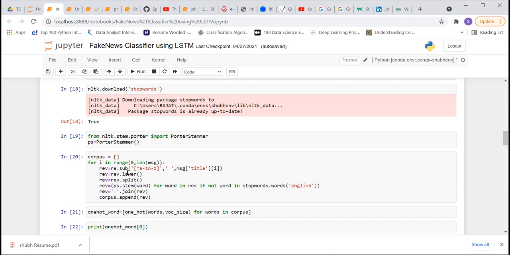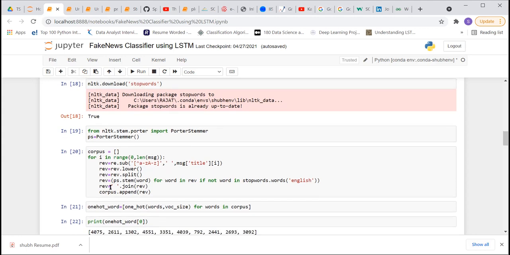So we convert it to lower case, and then we split the data set. Whatever is present in a review object is passed through a word. If the word is not in the stop word list. Okay, stop word list means that